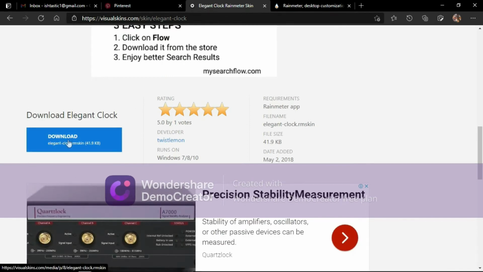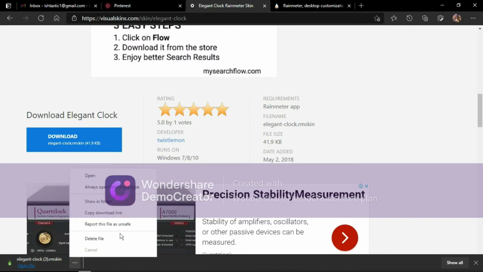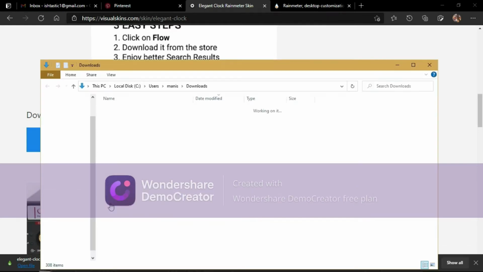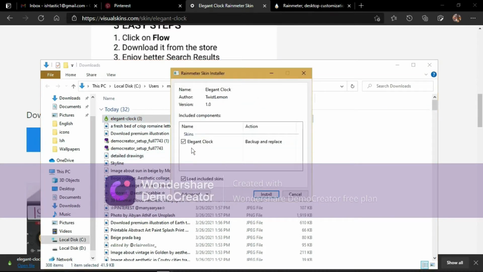What you have to do is, okay, I'll just download it and show you real quick. So let's say you press the download. So this is when it gets downloaded. What you have to do, you have to press these three dots and go to Show in Folder. So once you go to Show in Folder, you will be able to see it in a folder format. So here you can see it is a zip file, and so this is what you have.